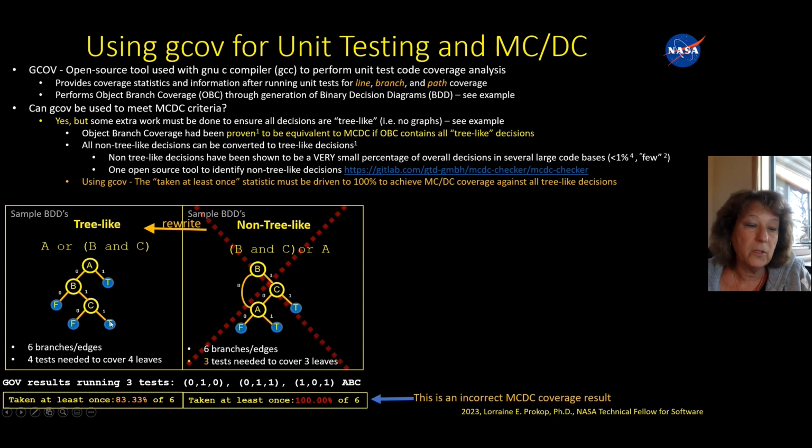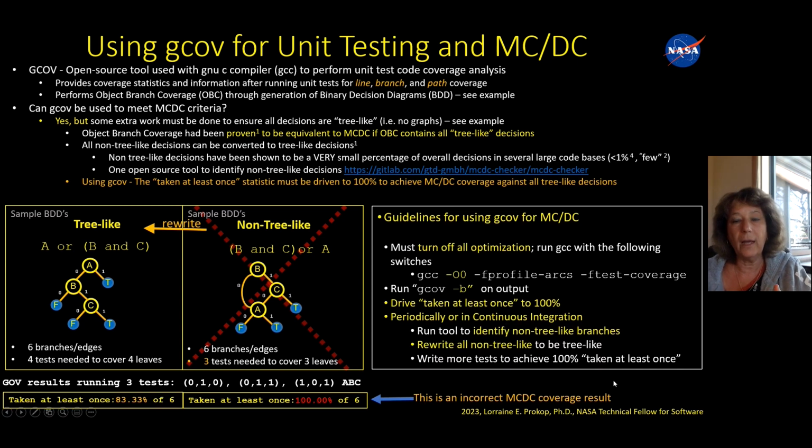And Gcov is going to look that these 4 leaves have been tested. But if you have a graph in your code, you're going to end up with less than 4 leaves. In this case, you have 3 leaves, and it's a graph rather than a binary tree. So Gcov will call it 100% if you actually test only these 3. So that's where if you have a non-tree-like decision, Gcov is going to tell you have 100%, basically incorrectly reflecting MCDC coverage. But if you have it tree-like, it'll correctly say that you have, whatever, 83% of the